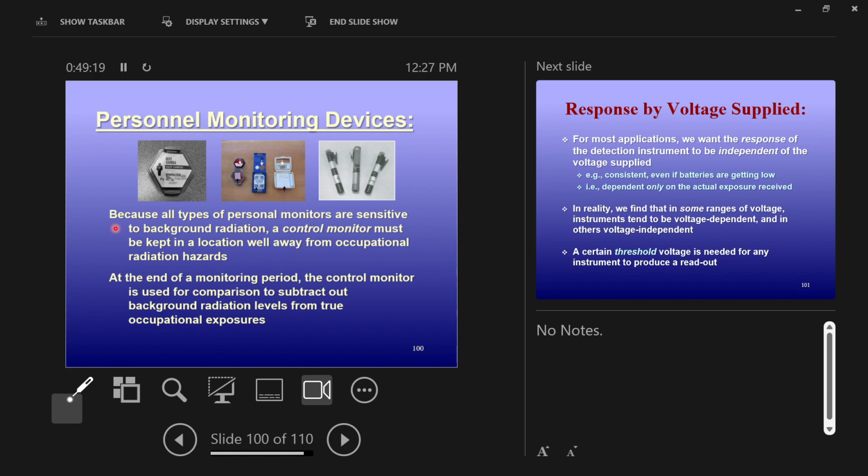Every quarter when I get my new badges, it'll be labeled monitor. That monitor badge can be placed around the facility in different rooms at different times, rooms adjacent to the X-ray room, and you've guessed it by now, do exactly that. Monitor the amount of radiation that might be considered leakage radiation from the room. So that's how these personnel monitoring badges work. Basically, they just take away the natural background and give you what you actually received occupationally. With that,